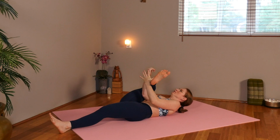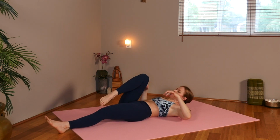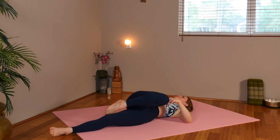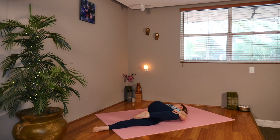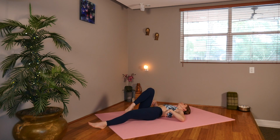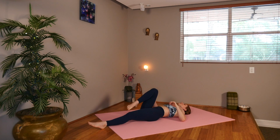Lower your head down. Bring your toe to your left knee, and we're going to do a spinal twist, reclining spinal twist to the left, opening and looking at the right shoulder. Okay, lower down